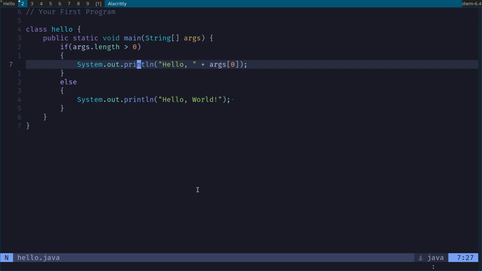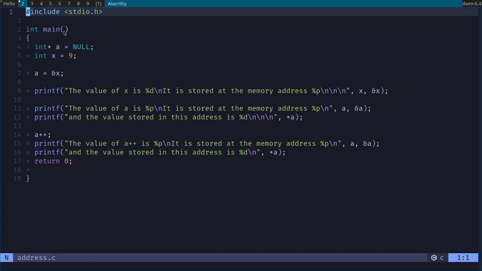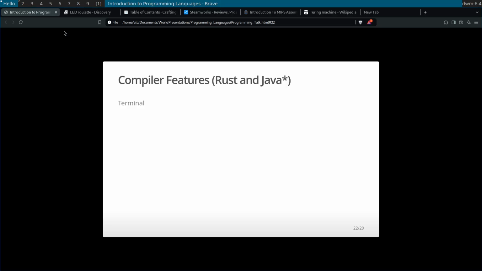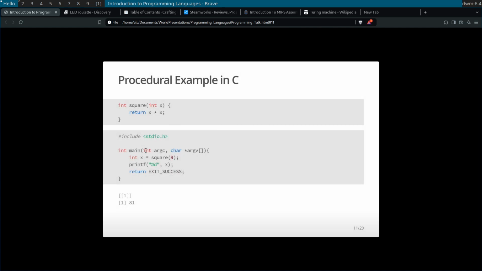And if you noticed here, let me pull up the addresses real quick. I didn't add anything here in main for C, but if you looked at the very beginning when we did C here, I did add, this is the equivalent in C. C just does not have strings, so you have to have a char star, which is the equivalent of a string, and then here, this is just telling you how many arguments there were.